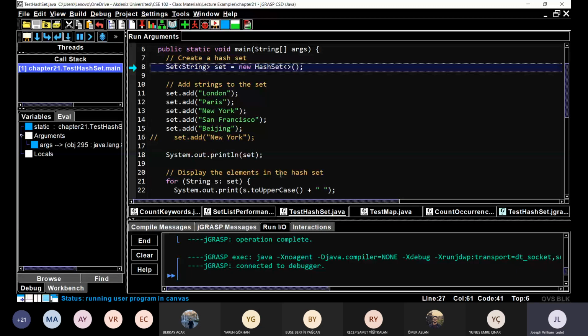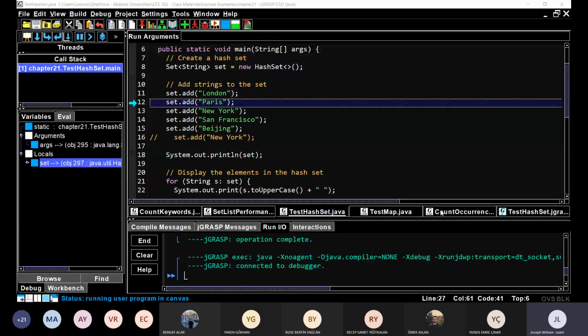We have this 0 through 15, 16 buckets. That's what's called the hash value. The reason this is called a hash set is because whenever you put something in,